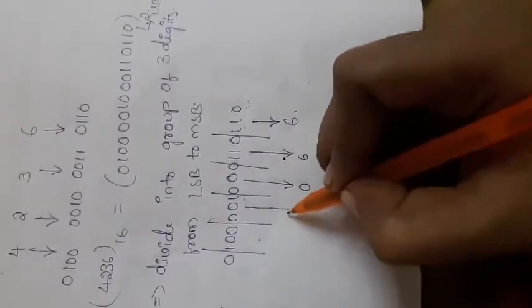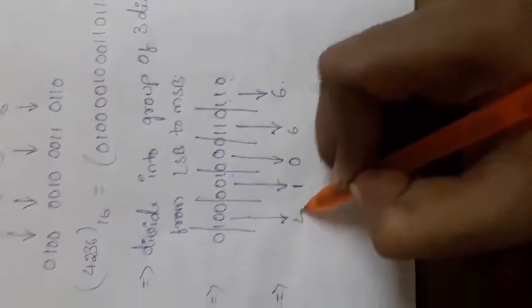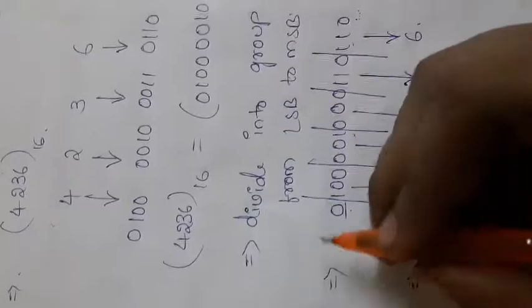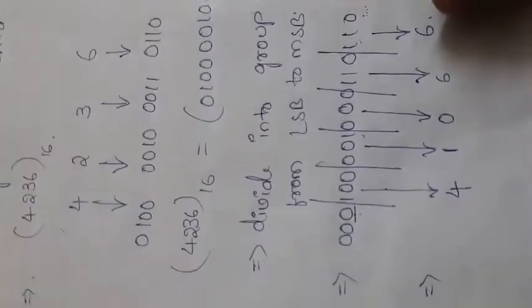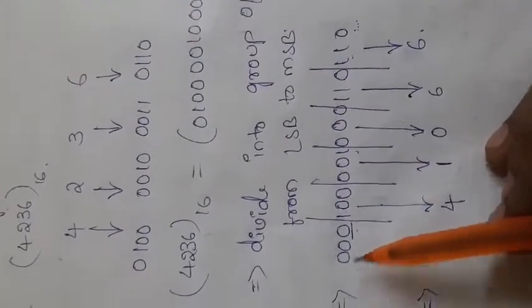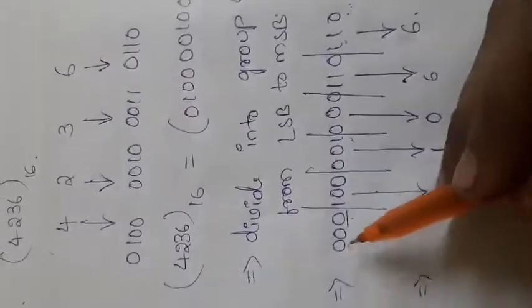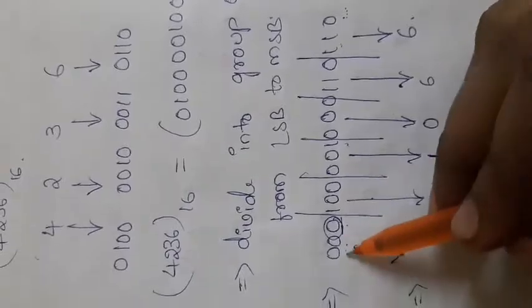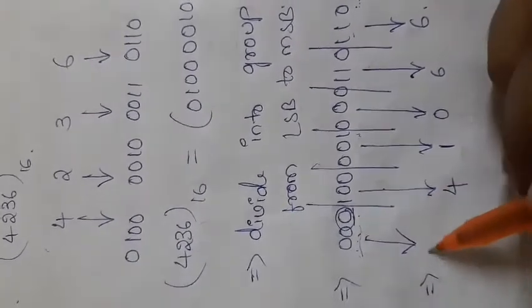And here 001 is nothing but 1. And 100 is nothing but 4. So here we already have 0, no? I already explained that if any group does not have 3 digits, for that purpose you can add two more zeros, or maybe one zero, or maybe two zeros, whatever it requires. But here we already have the result as 0 first of all, so I can add 2 more zeros, and again the result will be 0.